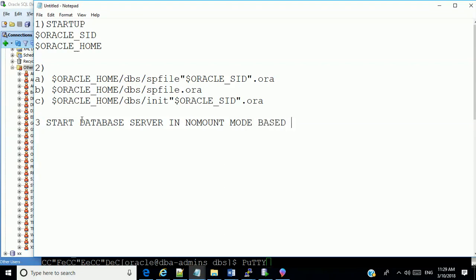Based on the memory values in the SP file, okay? That's step two.